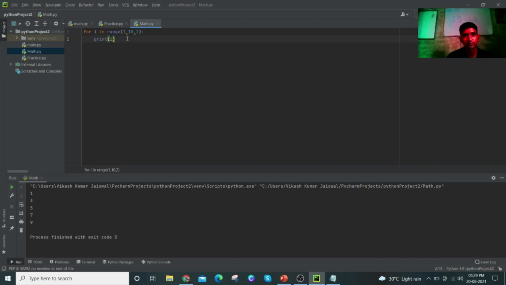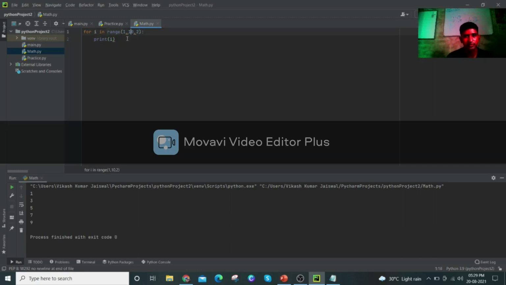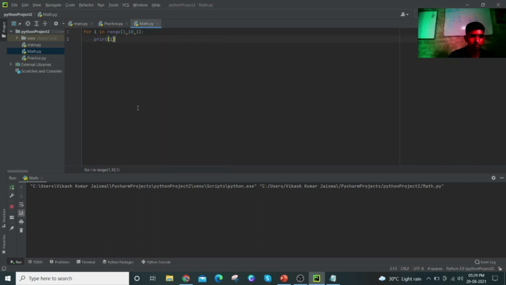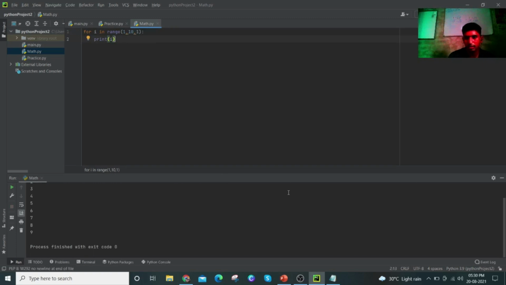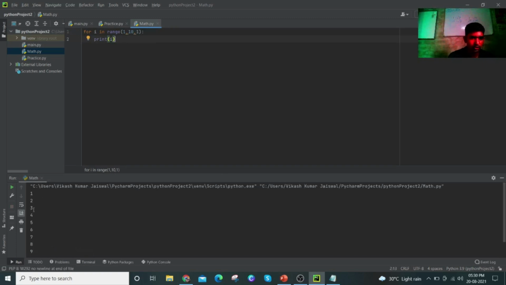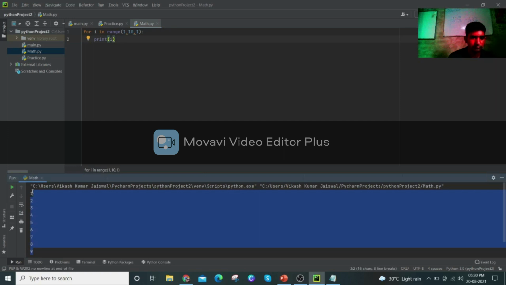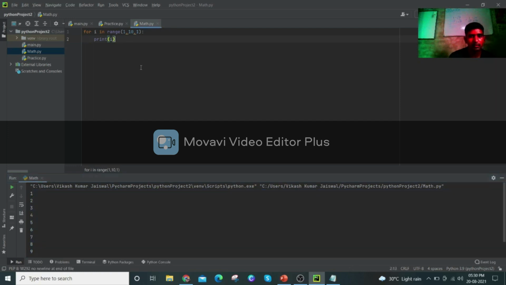Let me check. I will change the increment of this program to 1. So what will be the output? The output will be 1 to 9, as you can see here: 1 2 3 4 5 6 7 8 9. Okay, but